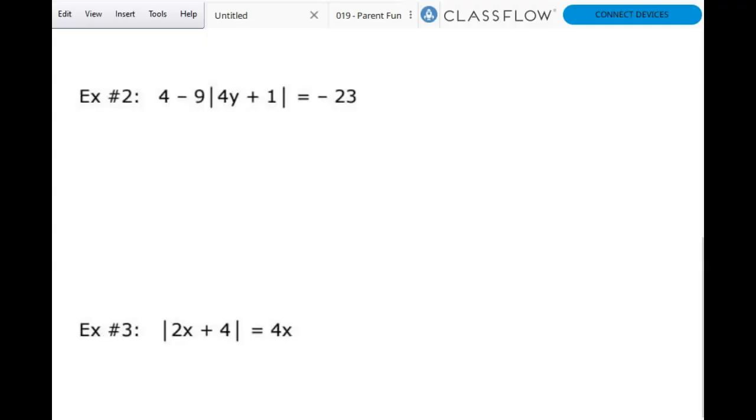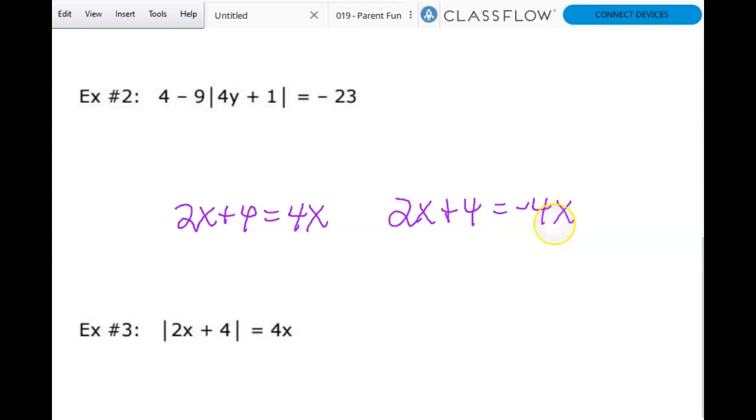Yes or no? The absolute value is isolated, so I'm going to have 2 equations. I'm going to have 2x plus 4 equals 4x, and 2x plus 4 equals negative 4x. You recopy what's under here, 2x plus 4, 2x plus 4, and you do 1 positive and 1 negative. And then solve for x. So if I subtract the 2x,